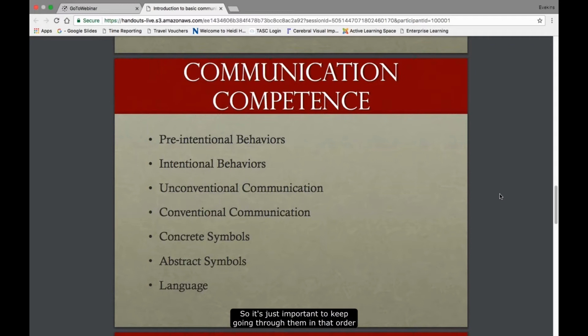So it's just important to keep going through in successive order, and that's where I find the communication matrix does a really nice job of breaking it down into very simple steps, because the last part is language, and language is using symbols in two or three symbol combinations. They follow grammatical rules or syntax.